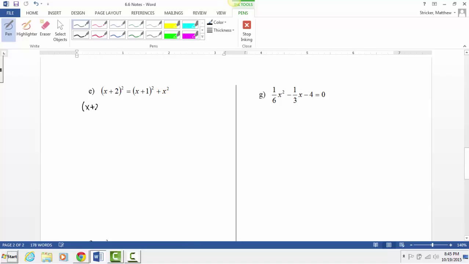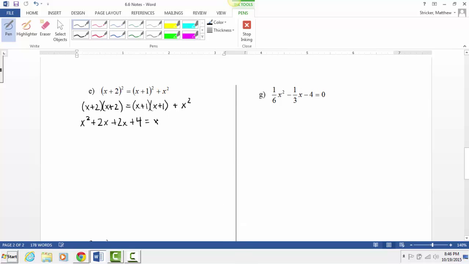Remember, this is going to be x plus 2 times x plus 2, and then this is going to be x plus 1 times x plus 1, and don't forget to tag the x squared onto the end. And then we multiply this out, we distribute or FOIL or whatever you want to call it. X times x is x squared, x times 2 is 2x, 2 times x is 2x, 2 times 2 is 4,